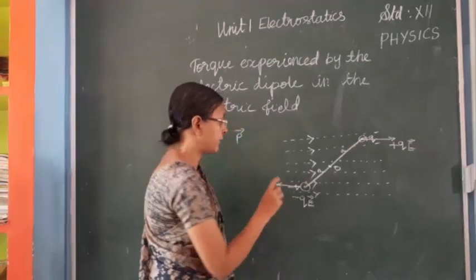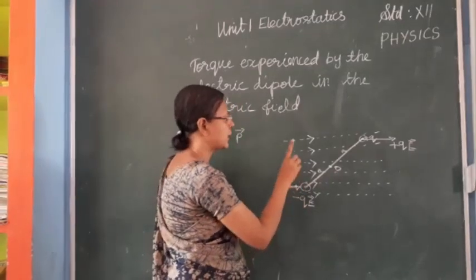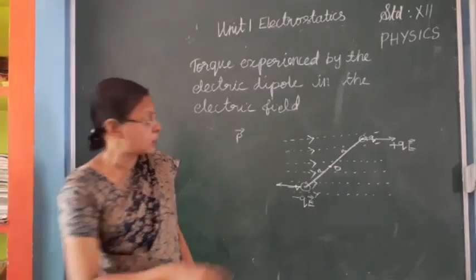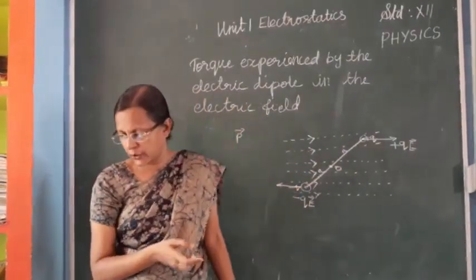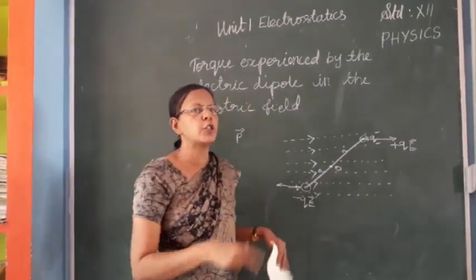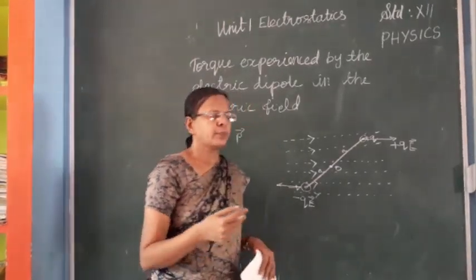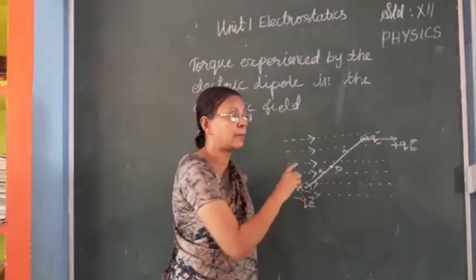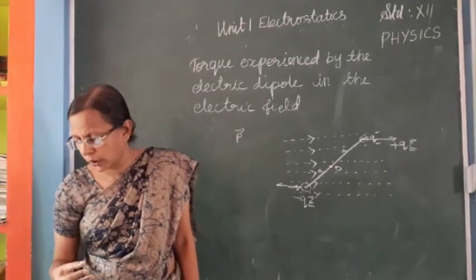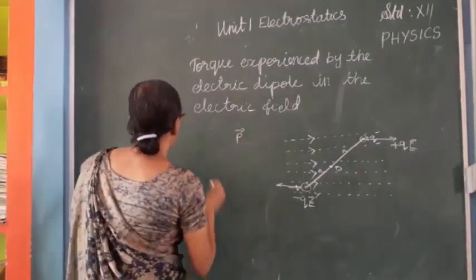Okay, some electric field is there, some force is there. The first charge is minus Q, the second charge is plus Q. These two forces are different, so they are experiencing different forces. They are constituting a couple. Because of that couple, a torque is forming. The electric dipole is experiencing a torque. So the total torque on the dipole